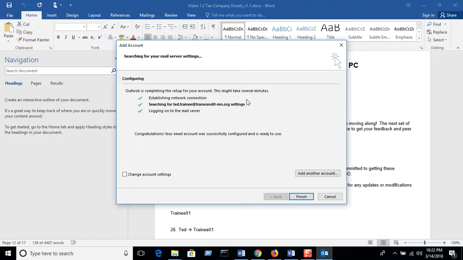And at that point, your computer behind the scenes connected to Office 365 and said, hey, does ted.trainee exist with this password? And it said yes. That mail server in Microsoft's data center, where Office 365 is hosted for this domain, said yes, so therefore I was able to connect. So now I hit finish,